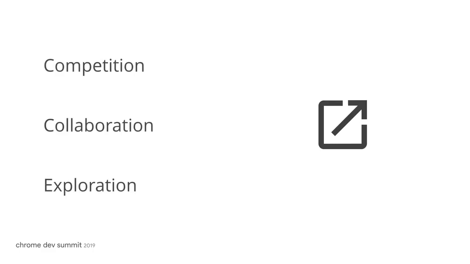The key is that we want to drive virality. We want to give the user a reason to share the game and for the link that they share to be meaningful, not just to them, but to others as well. So what interesting information can be shared in a link? Well, here are 3 categories you can experiment with: competition, collaboration, and exploration.